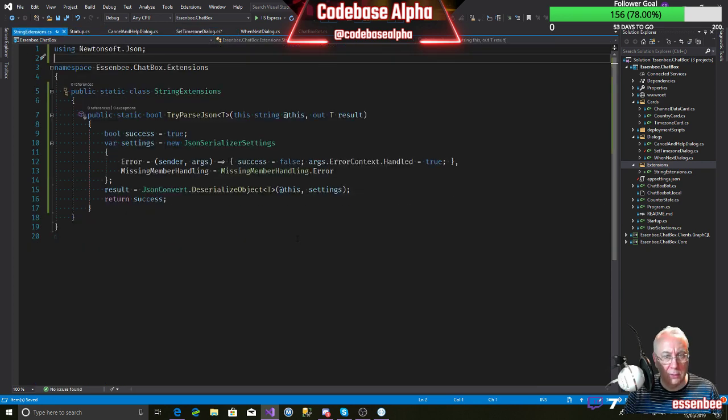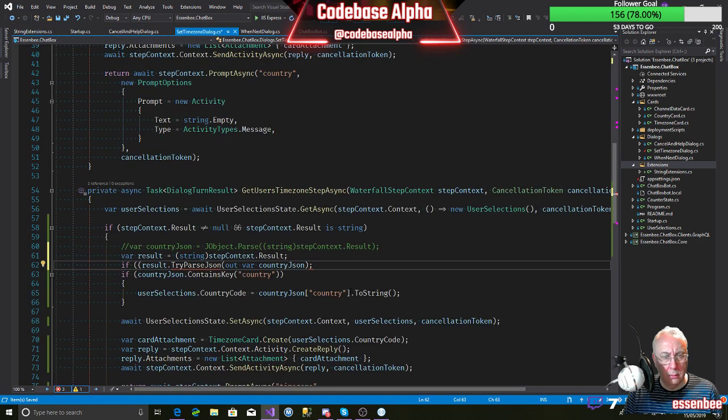Okay, let's have a look. What is it wanting? This string, this. And then out. Oh, it's going to pass out. Okay, and then, that's weird. If it's an extension method, why are we having to pass result into it?